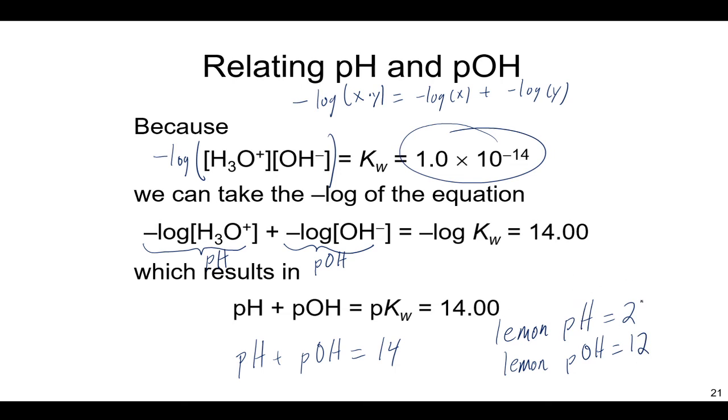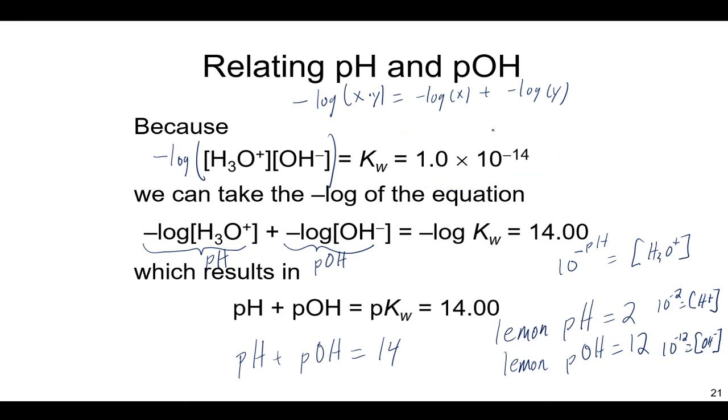And if you want to convert from pH to the hydronium concentration, it's 10 to the negative of the pH to get to the concentration of H plus or hydronium. Okay, so a lemon's hydronium or hydrogen ion concentration would be 10 to the negative 2 molar H plus. Likewise, it would have 10 to the negative 12 OH minus. And you can then see these two things multiplied together still maintain this 10 to the negative 14